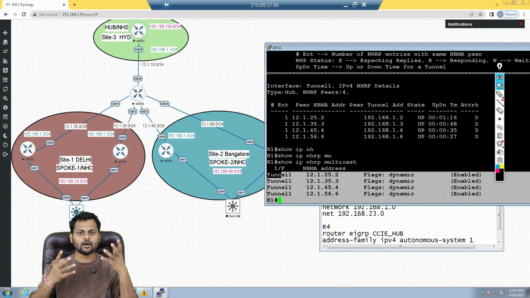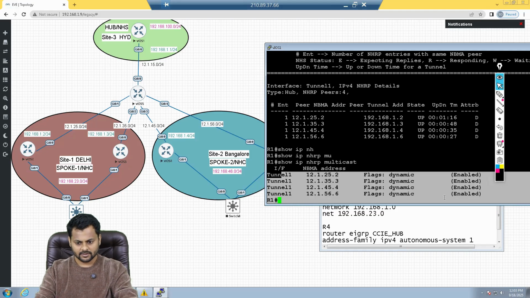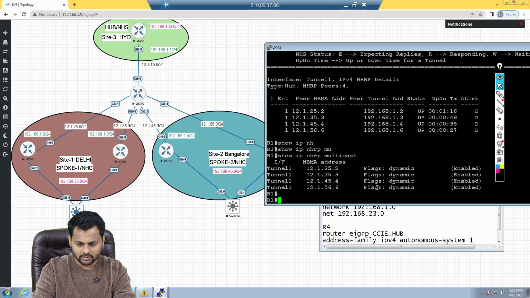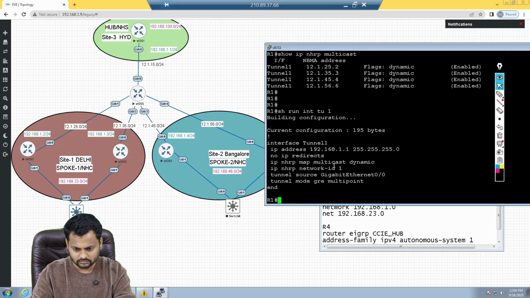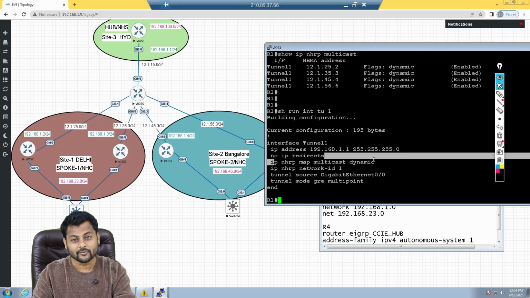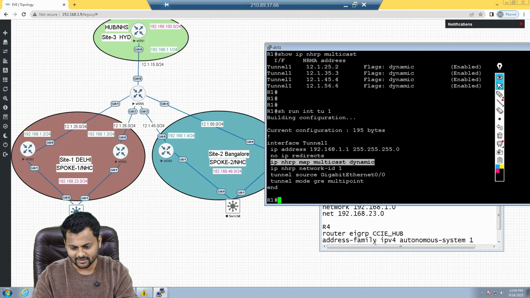So whenever you run an IGP protocol like OSPF or EIGRP and you have a dynamic neighborship, you must have a multicast mapping. And this multicast mapping requires this command line. It's mandatory. It's not mandatory in the BGP protocol.